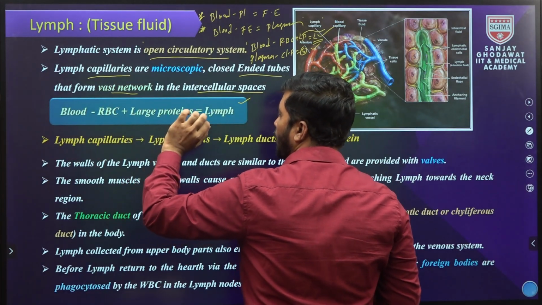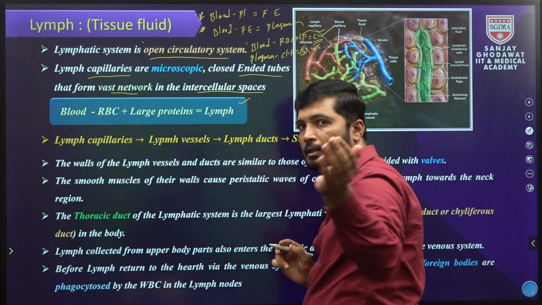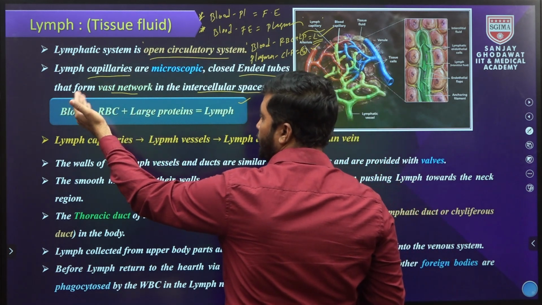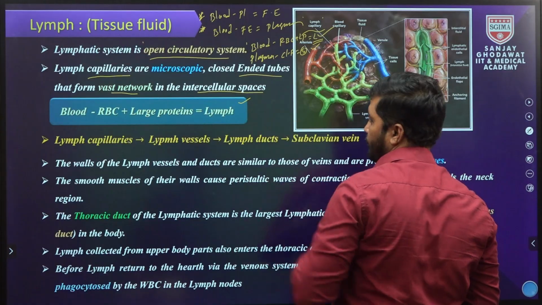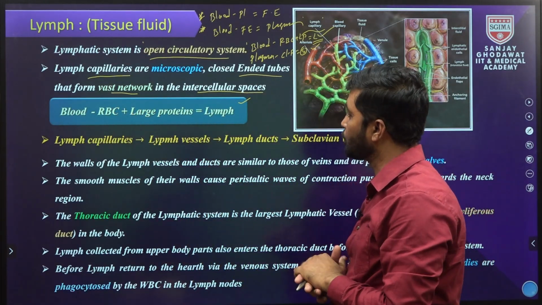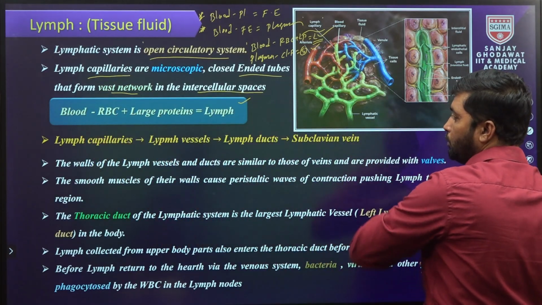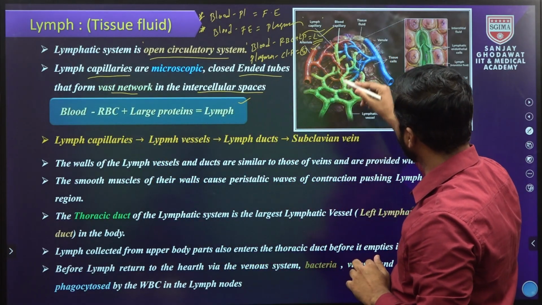The remaining formed elements, like some WBC and lymphocytes, along with the remaining substances of blood, are present in the lymph, but the RBC and the large-sized proteins are absent. Now, the sequence flow of lymph transport from the tissues: first of all it enters